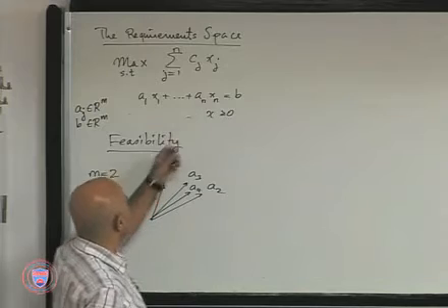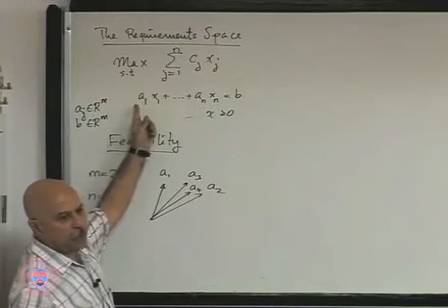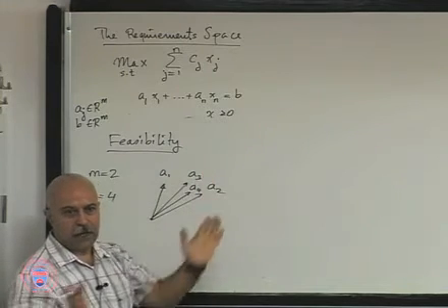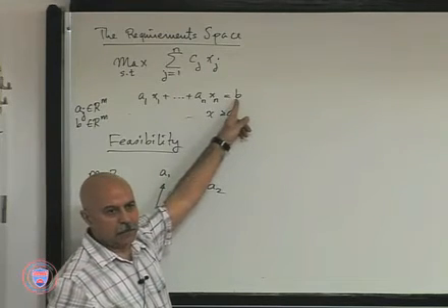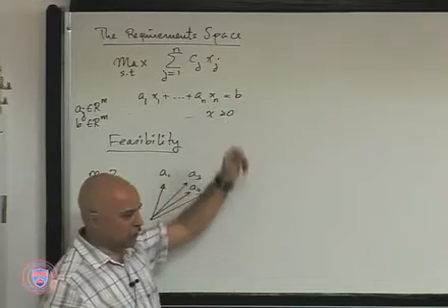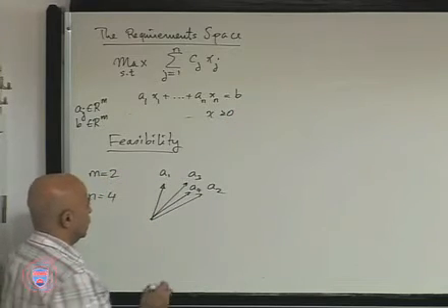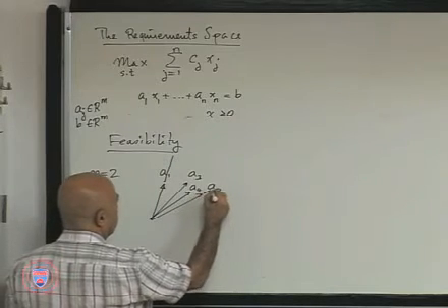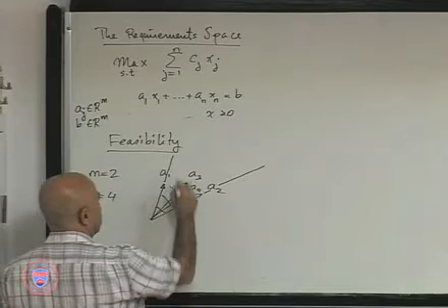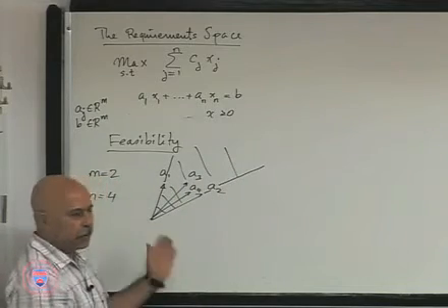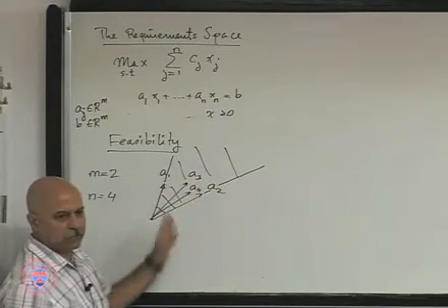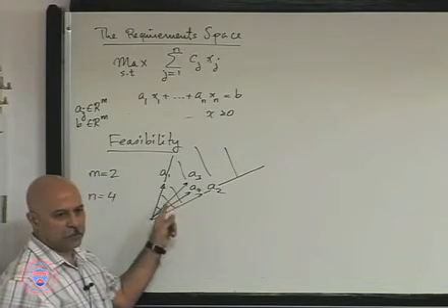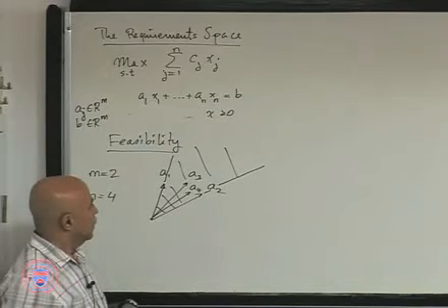Now, this equation tells you that I want to multiply my column vectors with non-negative numbers, add them up, and get the right-hand side vector B. Okay? So that will only be possible if B belongs to the cone that you see here. That's the non-negative cone that can be generated. Any point in this cone can be generated by taking non-negative multipliers for each of these vectors. Okay? All right, so